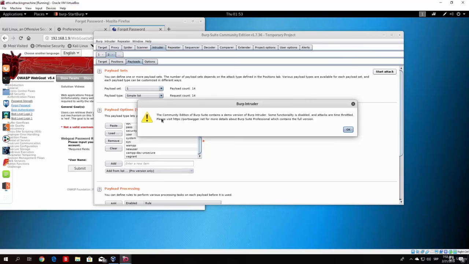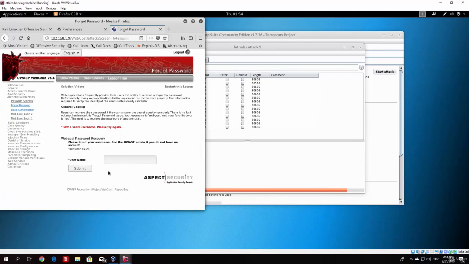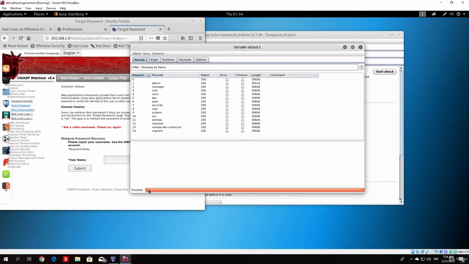So here it will say the community edition of Burp Suite contains the demo version of Burp Intruder. Basically this says that the free version of Burp Suite will run slower than the pro version, and in order for you to run this brute force faster you need to buy the pro version, but for now we will just click here on the OK since we don't need it. And as you can see, it is running all of these usernames in the form right here. So it is sending packets with different usernames, and as we can see it finished, there were 14 usernames